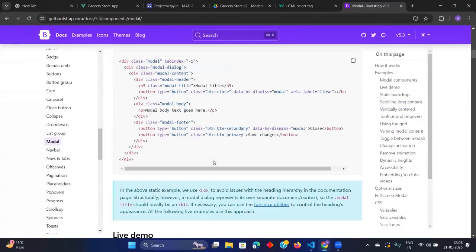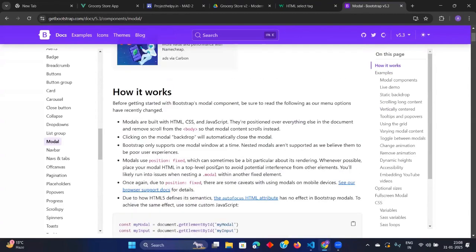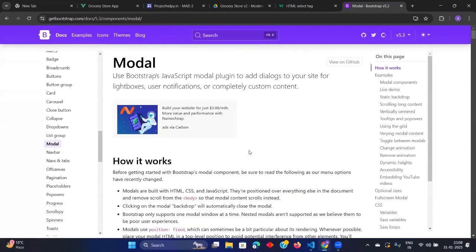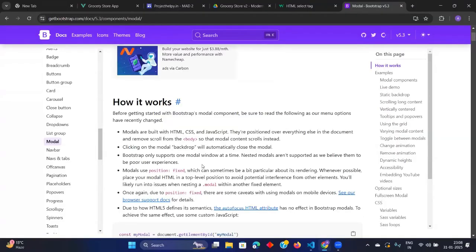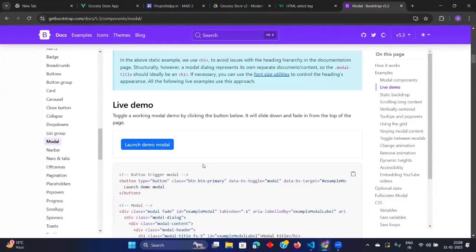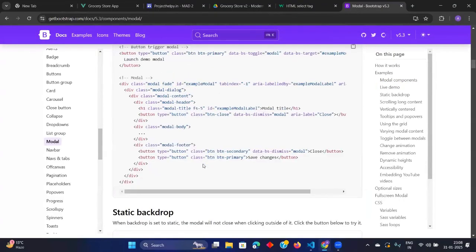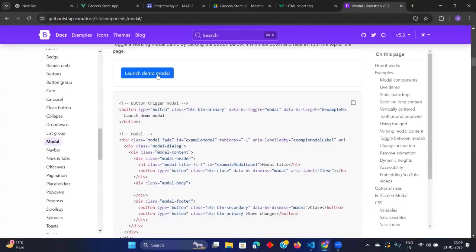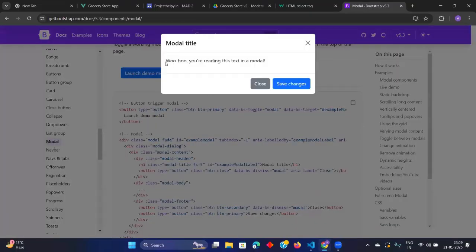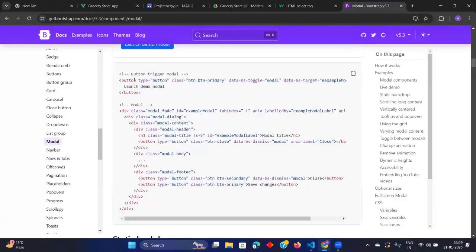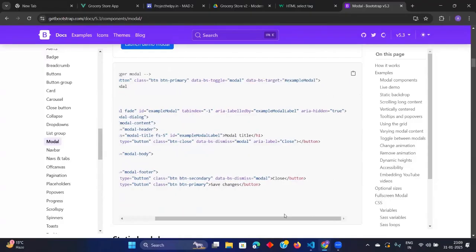The thing is, if we use modals in our project, making it work makes our work a little bit difficult, because we are using it just on the front end, which means just HTML files. When I'm clicking on launch demo modal, it triggers using data-bs-toggle and data-bs-target, this example modal.